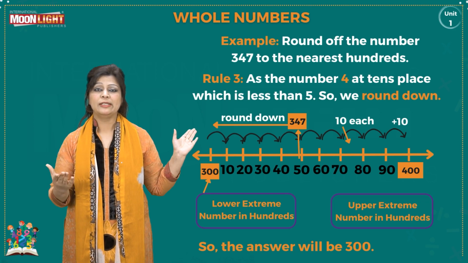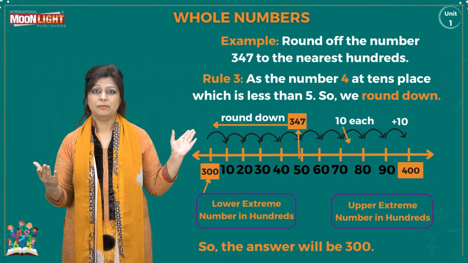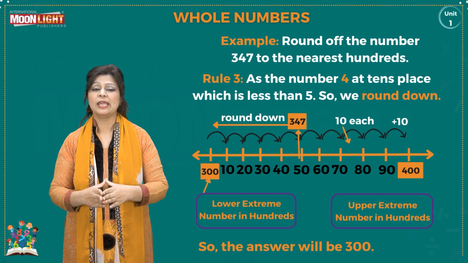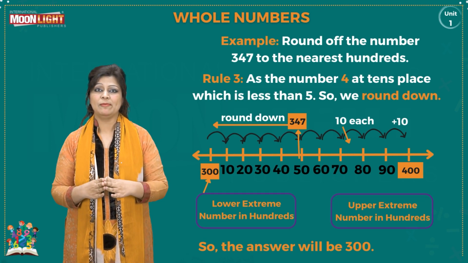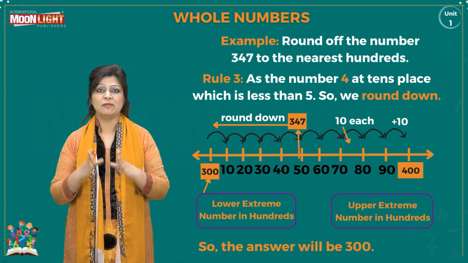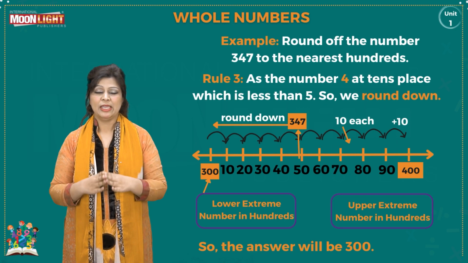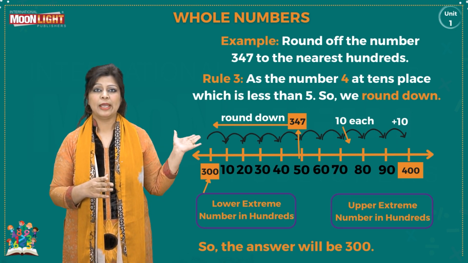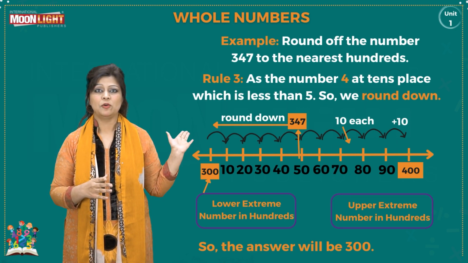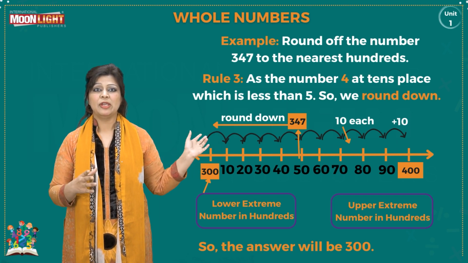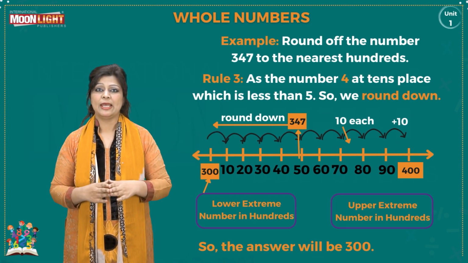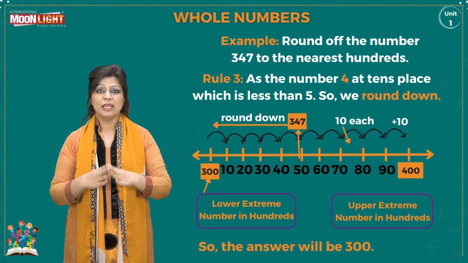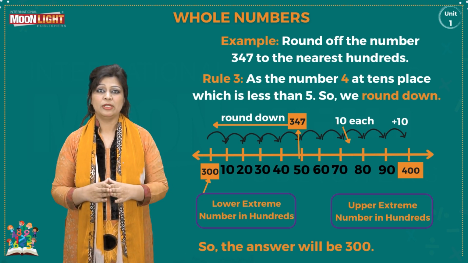We are going to write the number in the lower extreme. The lower extreme we are going to decide through this number line. Then what is going to be the lower extreme and what will be the upper extreme in 100? So, we are going to write the numbers on the number line. Draw the number line like this. We are going to mark arrows, meaning that this is a never ending line. Then we are going to write down the number